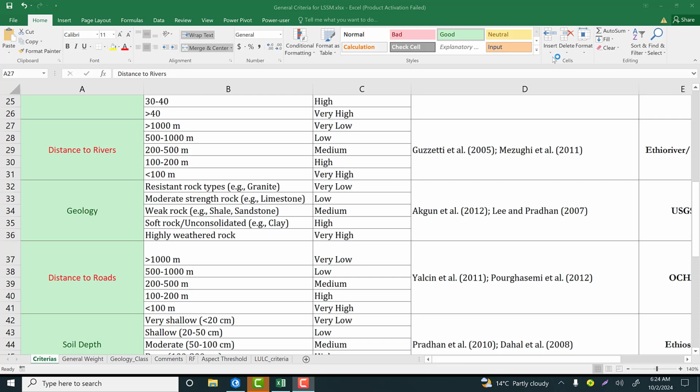Today it is a turn to compute distance to road and distance to river to calculate landslide susceptibility mapping of